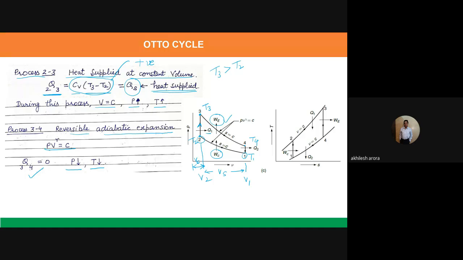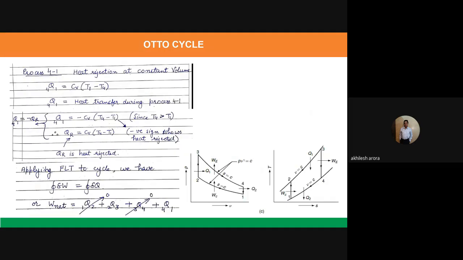Now let us move further. The last stroke is the heat rejection, and once again it happens at constant volume. Okay, the heat rejection is taking place at constant volume. So you can see the process takes place from point number 4 to point number 1, and the volume remains constant. So V1 is equal to V4. Okay, and first of all, we have written the equation for Q4 to 1. It is given by Cv (T1 minus T4), because it is the final temperature minus the initial temperature. That is what we have to write actually.